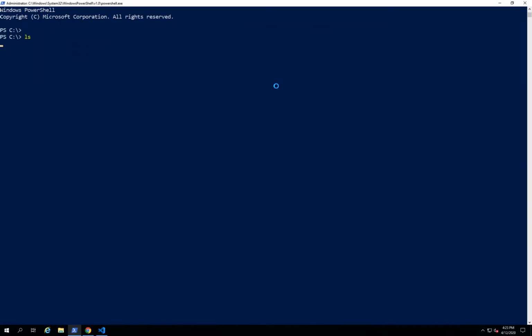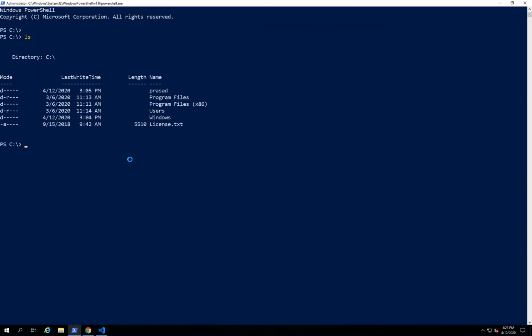As you can see, I just connected to the Docker container. Let's say I'm storing my application data here, in an app data folder. And inside the app data, I want to store my important application content.